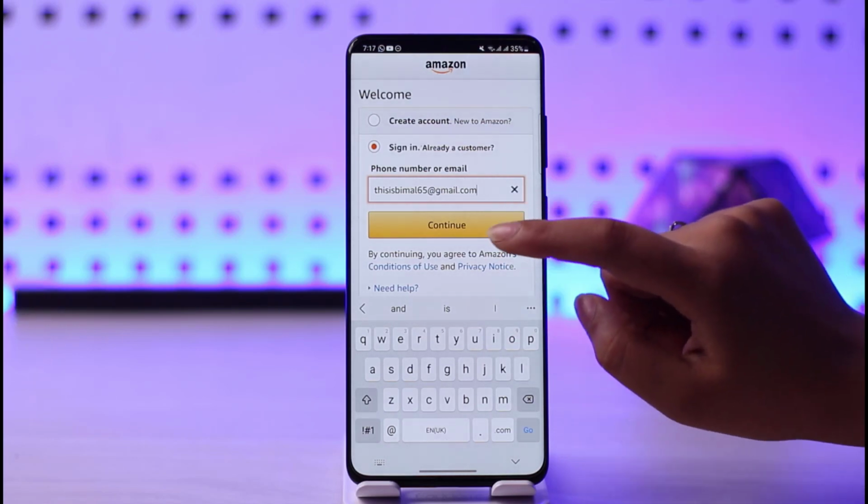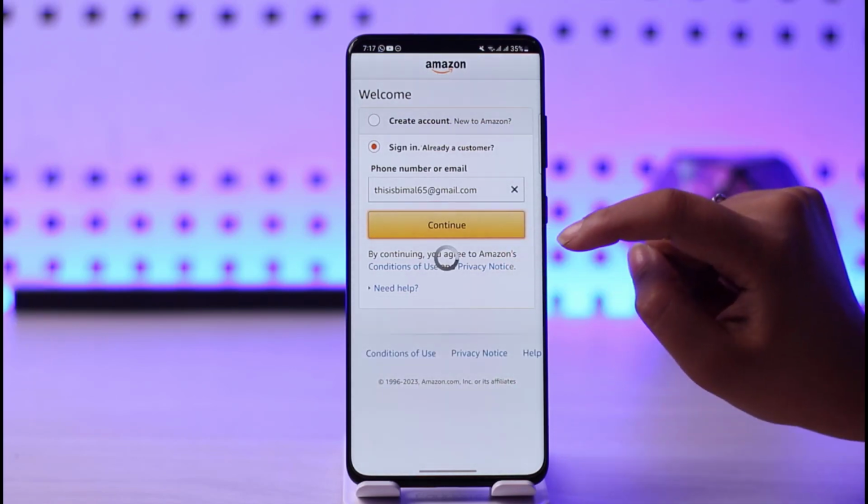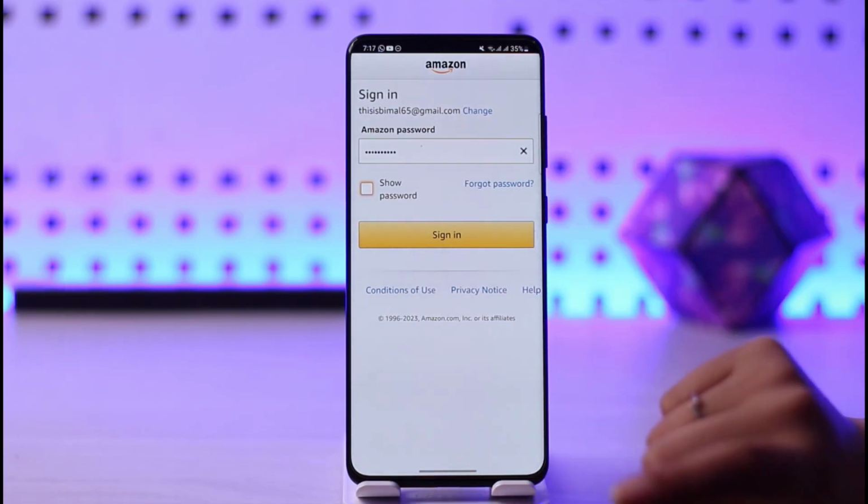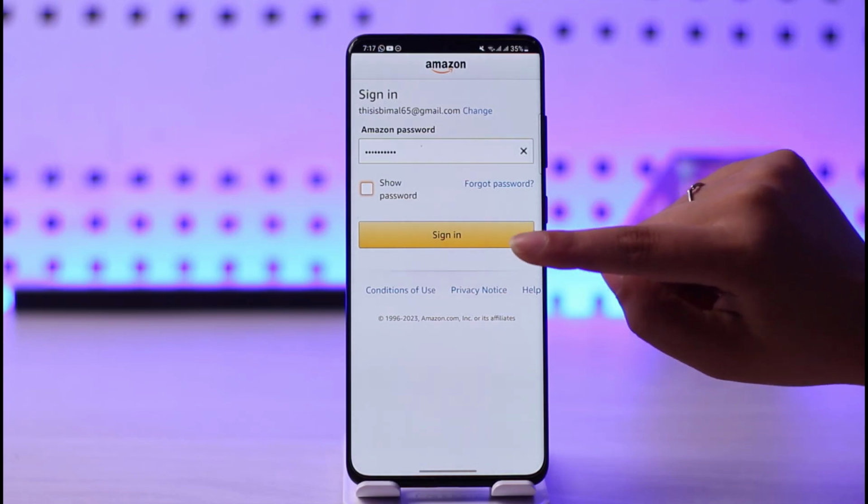Type in and then tap on this continue option right there, and here you will enter your password. Then once you're done with your password as well, you will simply tap on this option called sign in right there. Tap on it,